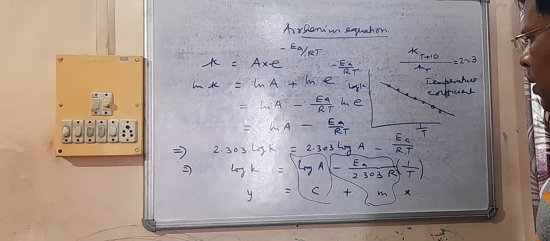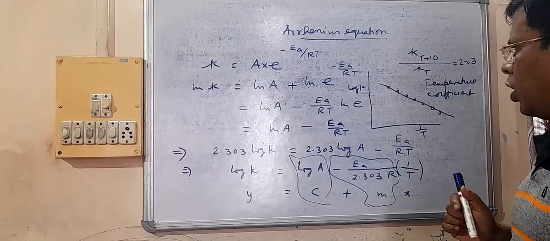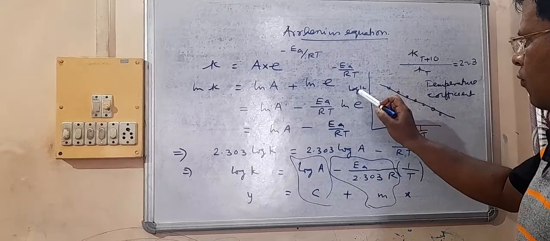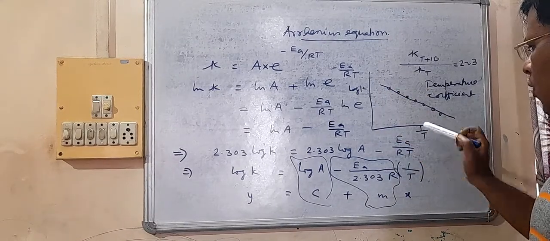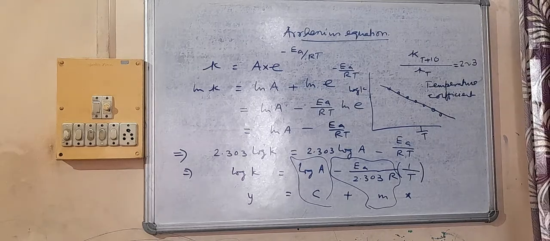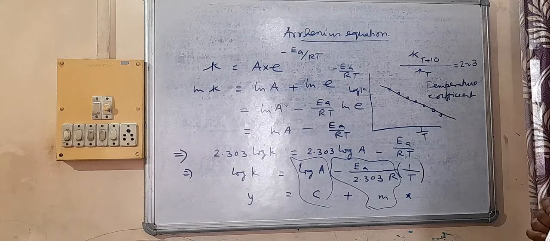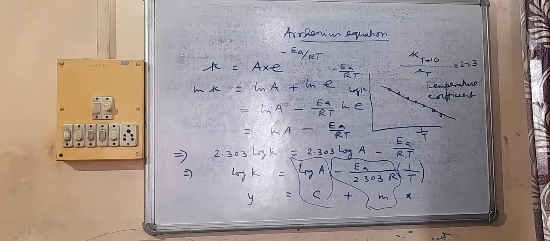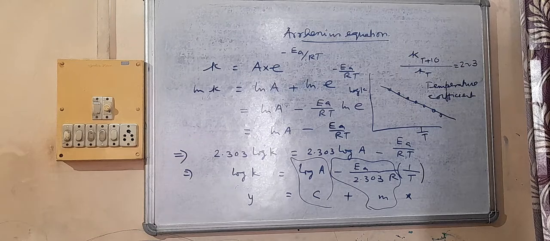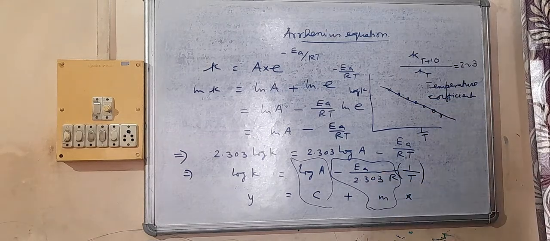One method is by graph. What we do is we plot a graph of log K versus 1 by T. We make a plot and we get a straight line like this. From the slope of the line, we can calculate activation